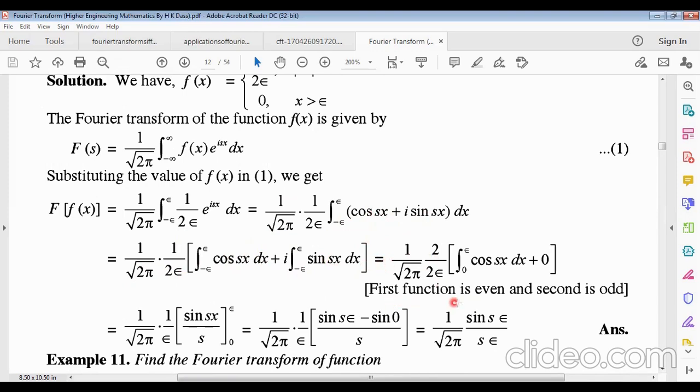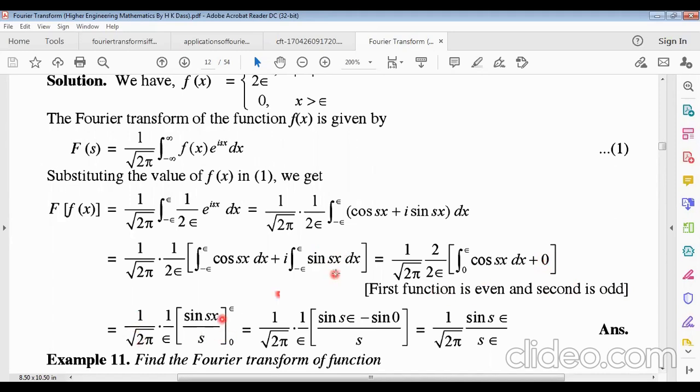So you must know the first function is an even function. The cos function is what? An even function, because cos minus theta equals cos theta. That means cos can absorb the negative sign. This is why the cos function is an even function, and the second function is what? An odd function, because sin minus theta equals minus sin theta. Because the second one is an odd function, this is why the integral value will be what? 0, because for an odd function the integral value is 0, we know already.